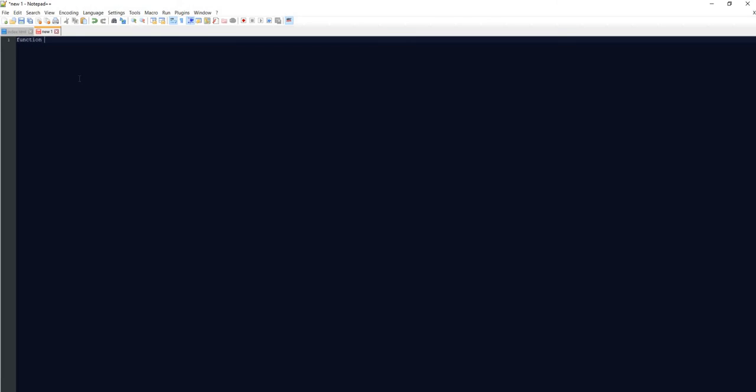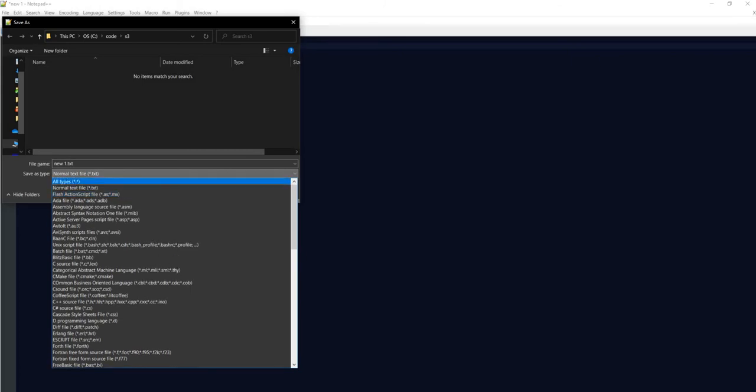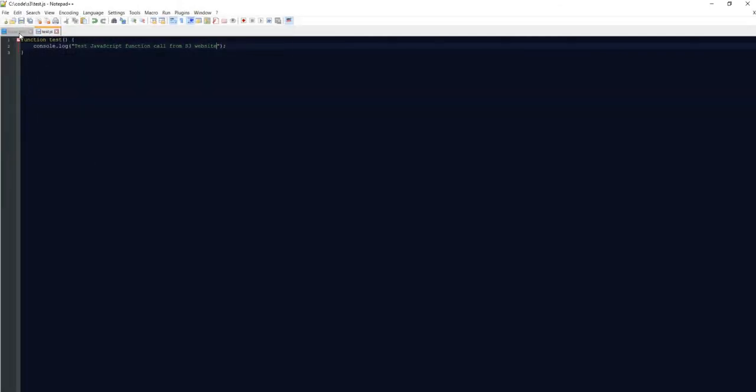So I'll create a function test, and here I'm just going to do console.log, and after that I'm going to say test JavaScript function call from S3 website, and then I'm going to save it, and name it test.js. This file is saved now.